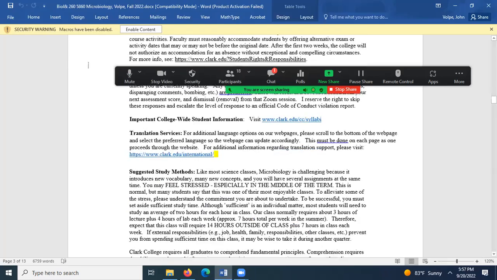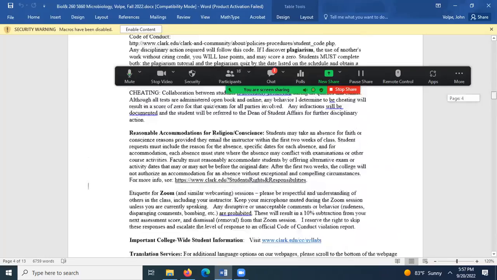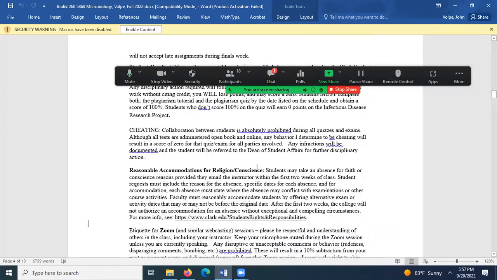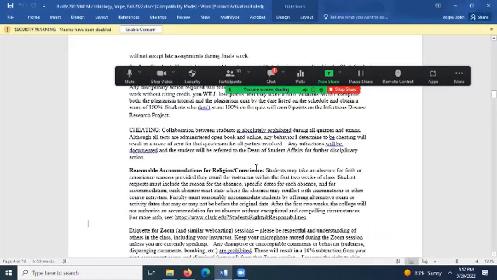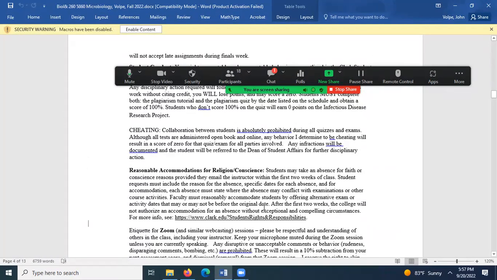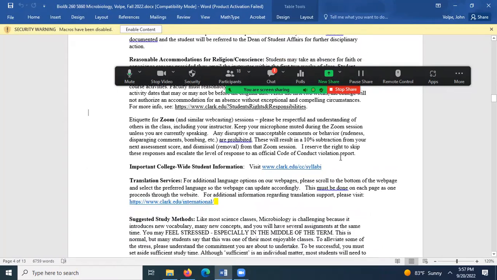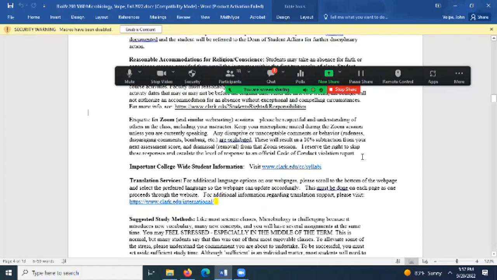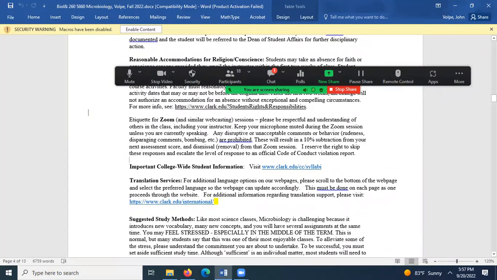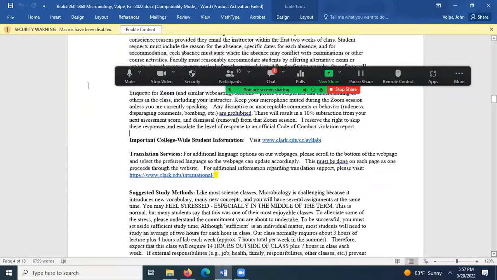All right, I'll let you read about reasonable accommodation for religious or conscience. If you do use this accommodation, you have to let me know within the first 2 weeks of class that you want an accommodation. Let you read about the etiquette for Zoom. Generally with that, just be respectful. I'll let you read about translational services,